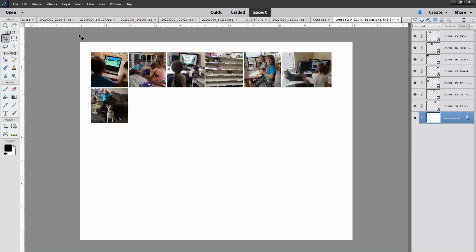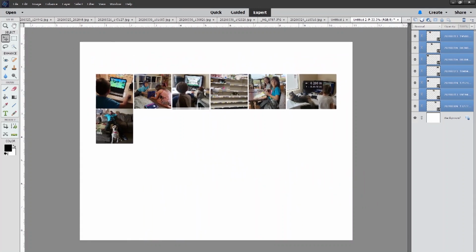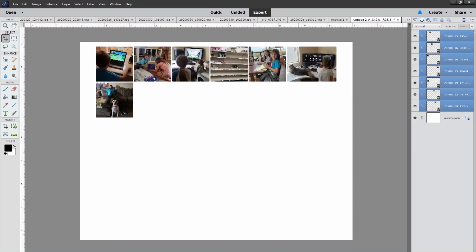Most of the time before I send it to print, I will just click, drag, highlight everything, and center it if I'm only doing one. I was able to fit January and February together on one because I had 2 rows for January, 3 rows for February. March, I am probably looking at